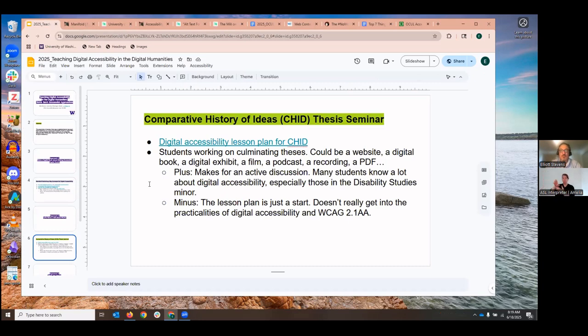It is most exciting when the role of teacher and student are not fixed. Everyone is a teacher, everyone is a student, everyone is sharing, everyone is engaging. So that's great. I would say a minus, though, a failure perhaps, is that it really doesn't get into the practicalities of digital accessibility. The students in CHID are making websites or they're making digital books, and we're not really